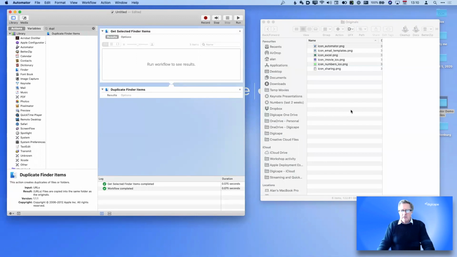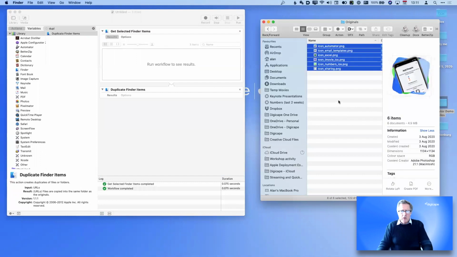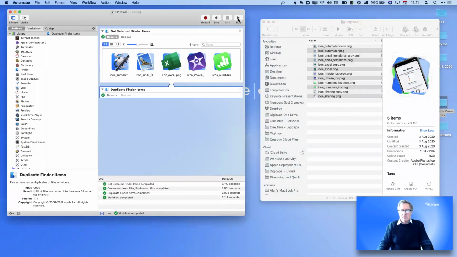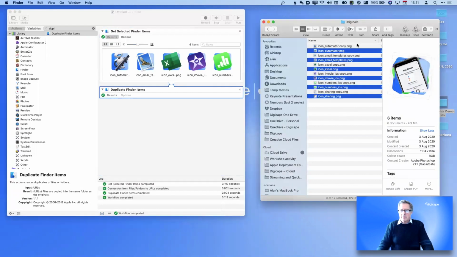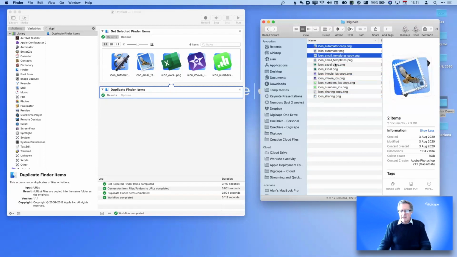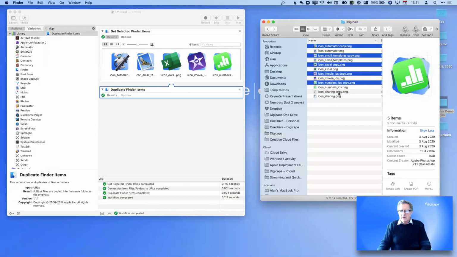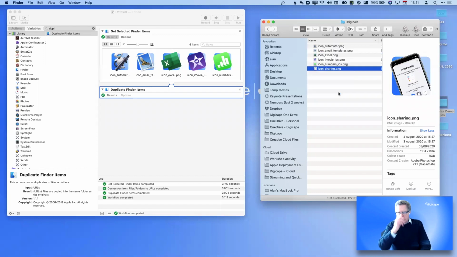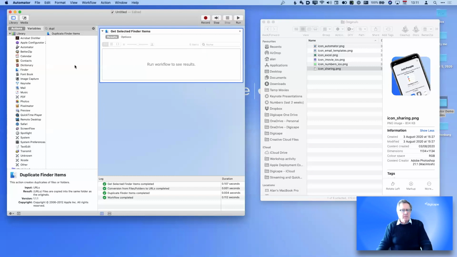Well, let's see what that looks like. I'm going to select them all. I'm going to run it. And it's duplicated them all. So you can see automated copy, templates copy, but it's done nothing to them other than duplicate them. So I'm just going to select these guys and delete them because I don't want them anymore. And that's immediately made that for me. But now I'm just going to delete that action